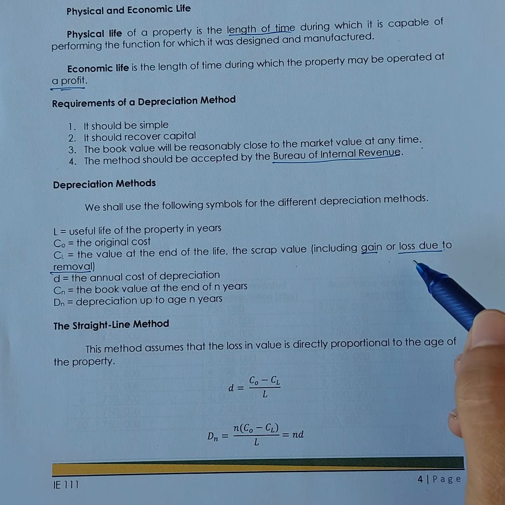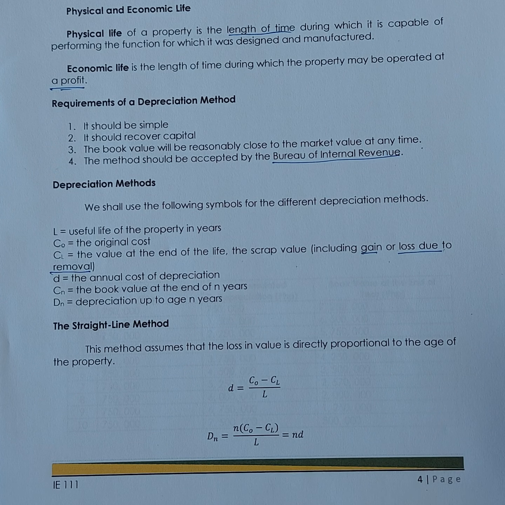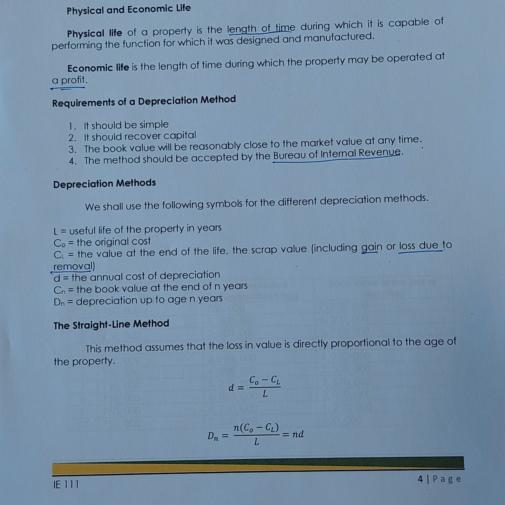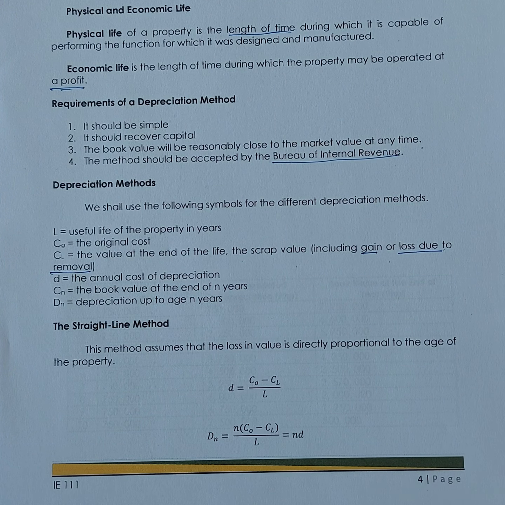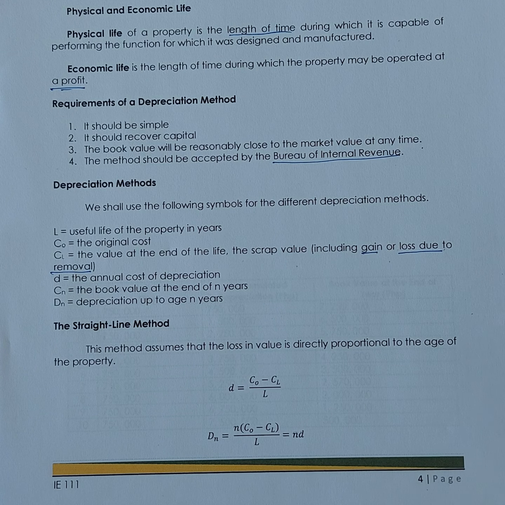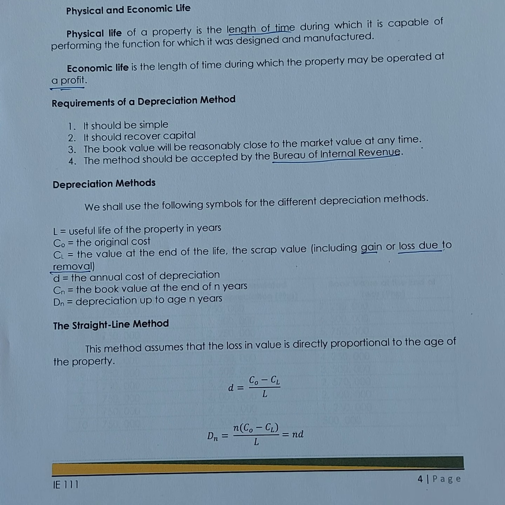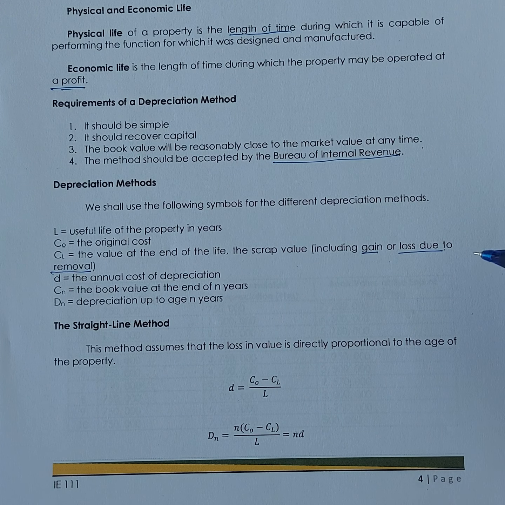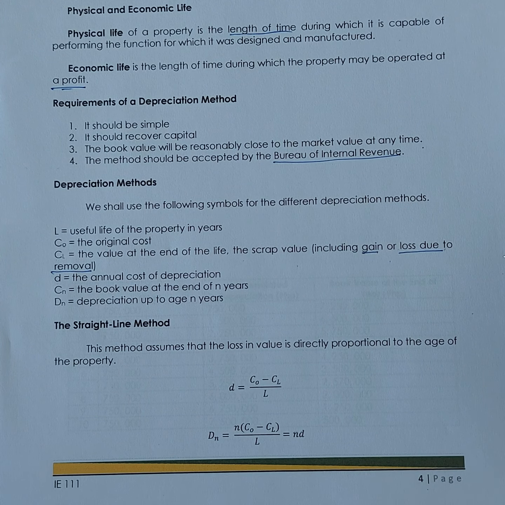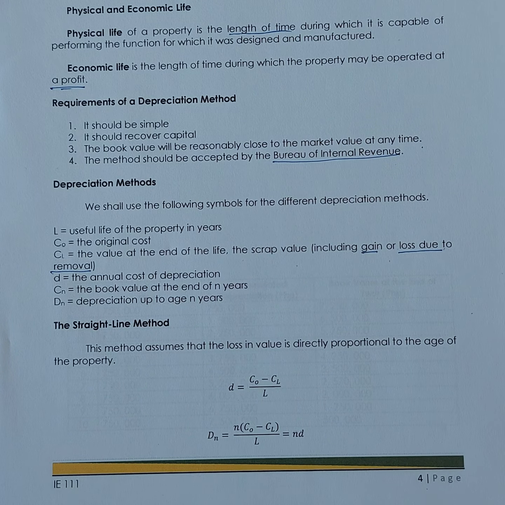And then, or loss naman, kapag, although meron siyang scrap value or salvage value, but you still have to remove it and it requires labor or other machineries to remove it, you still pay for that labor or machinery, then you should include yung lost amount of money or value because of